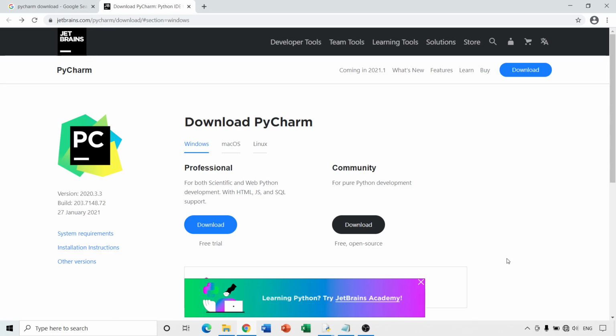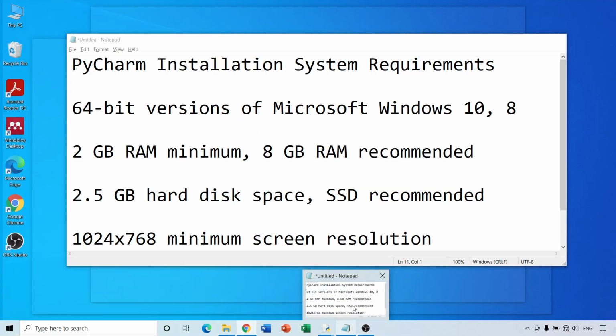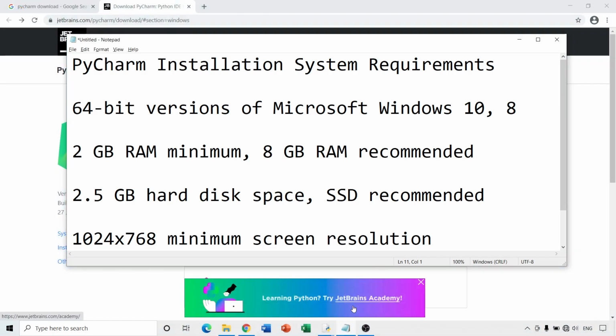Now, though PyCharm is a good editor as far as Python is concerned, and a good debugger, in fact more of a debugger than an editor, because for an editor we can use the Python IDLE also, it has a drawback. It's a little bit of a heavy tool, in the sense the hardware requirements are quite high.